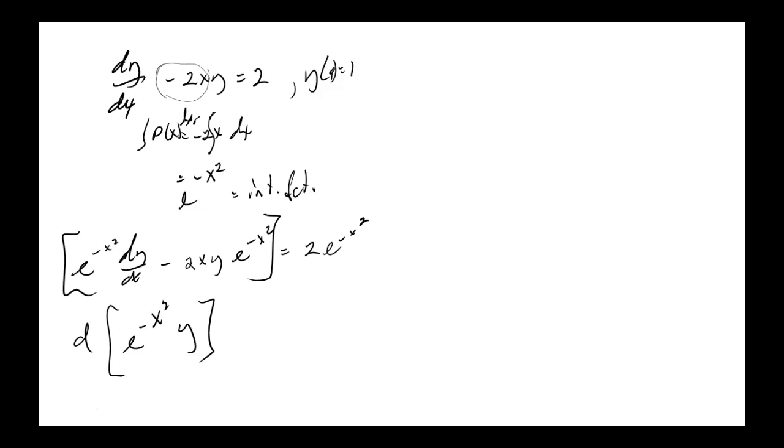So that worked. And this is equal to 2 e to the minus x squared. Okay? When you integrate that, this gives you e to the minus x squared y is equal to 2